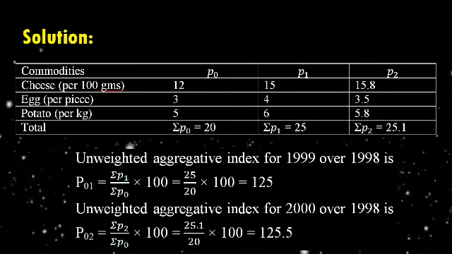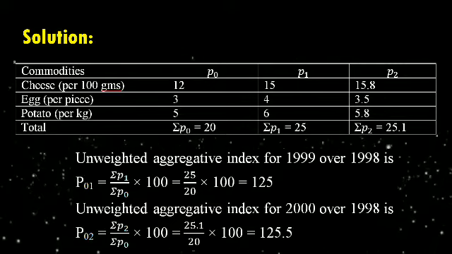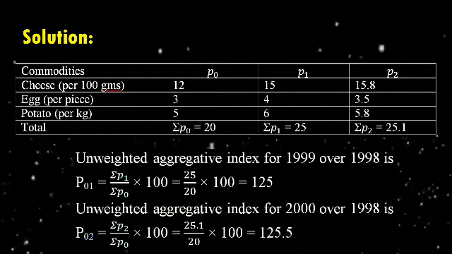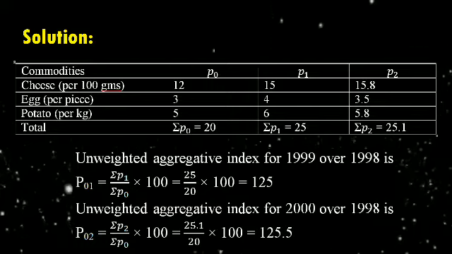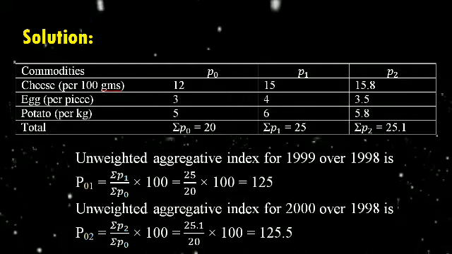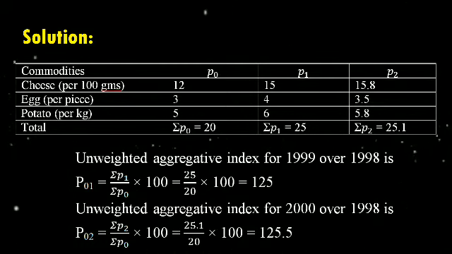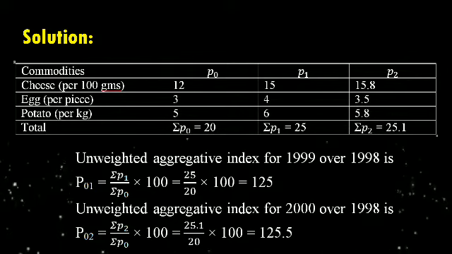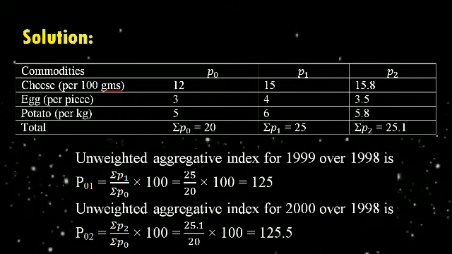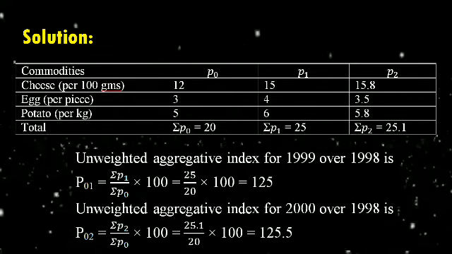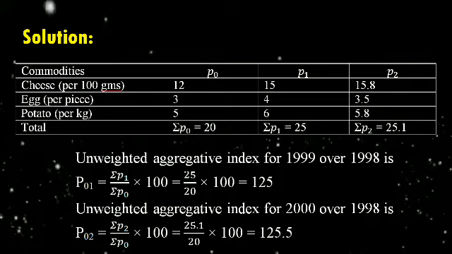After that, you should compute one more index number for the year 2000, right? So write one more formula. The formula is almost the same. The difference is that according to the formula it is sigma P1 by sigma P0, but here instead of P1 we are comparing the data of P2 for the year 2000. Since it is P2, in the formula write P2 instead of P1, because we are using P2 data. For this question there are two current years.